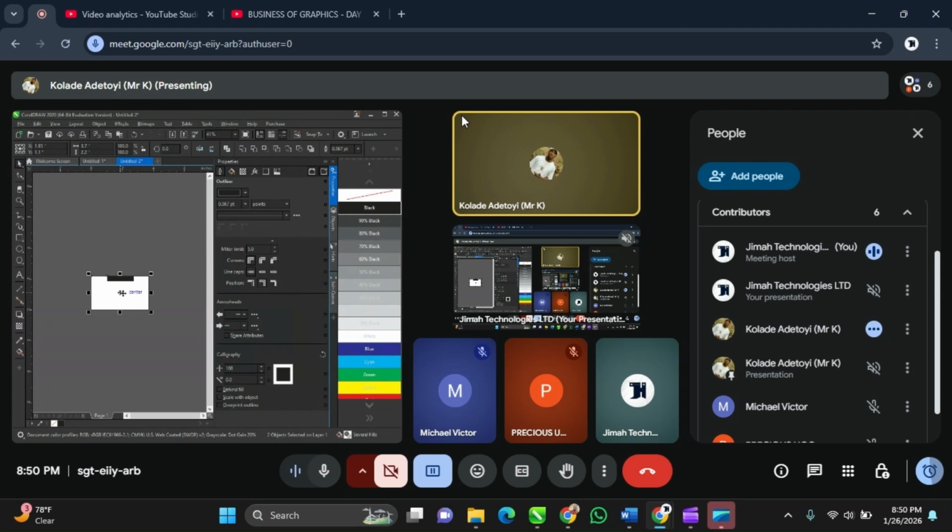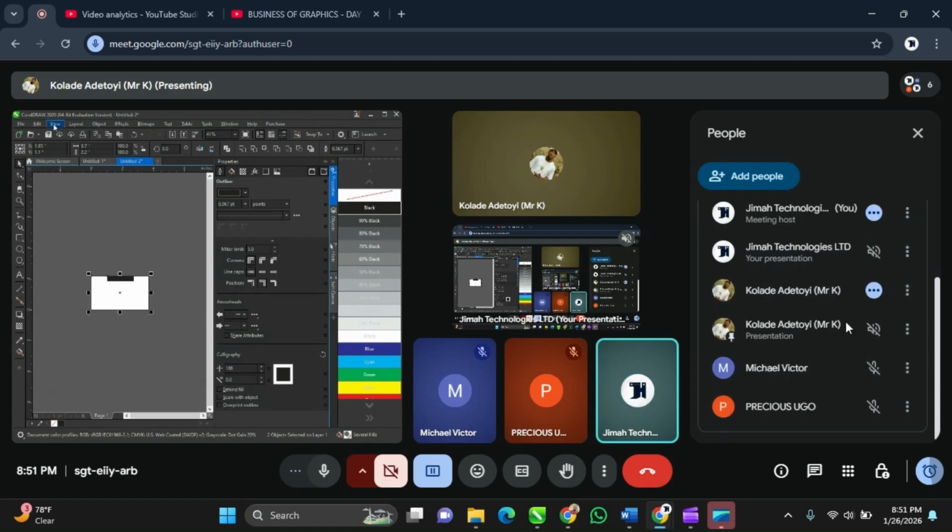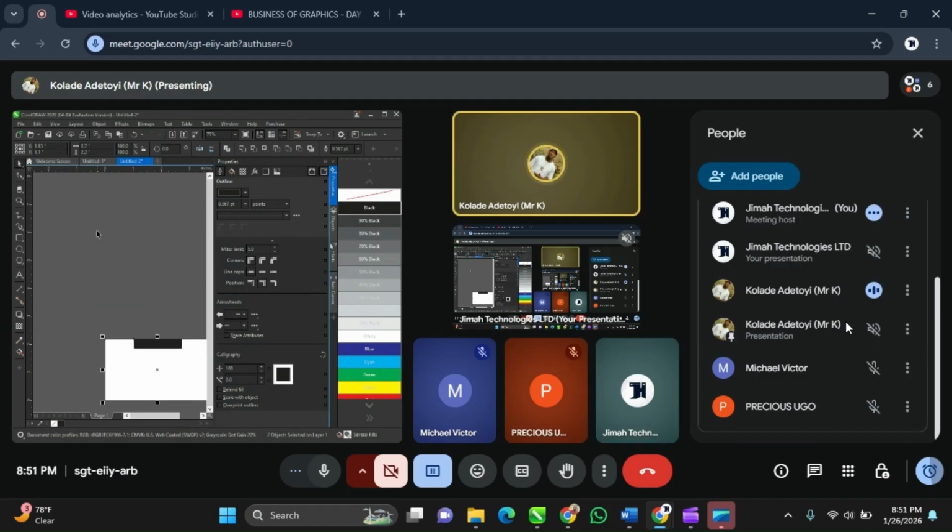Okay, very good. So, can you zoom in? Let's be seeing your box very well. Zoom in. Let's be seeing your box. Can you close down your properties page, your property